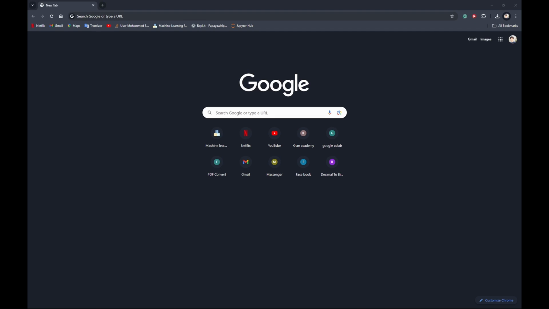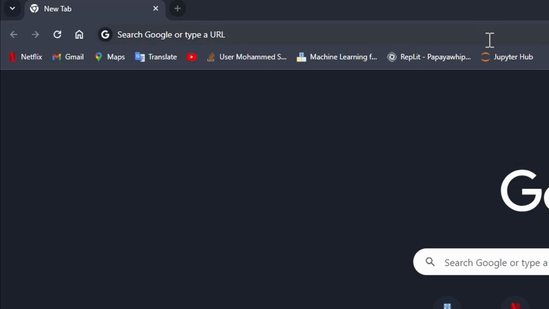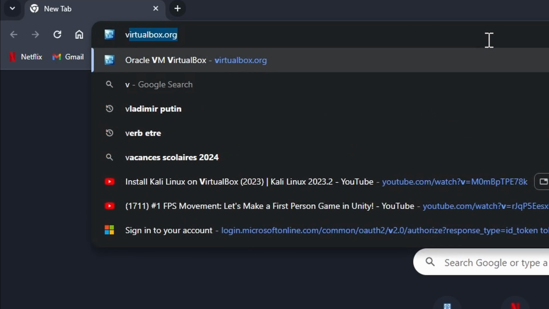We can run a virtual machine on my computer, which basically means that I have an app called VirtualBox, and when I open that app, I have a list of different operating systems that I can run on this one computer. So first of all, let's go over to Google and search up